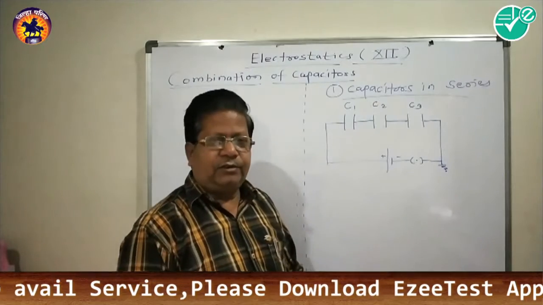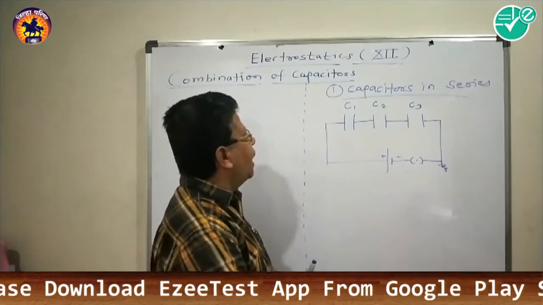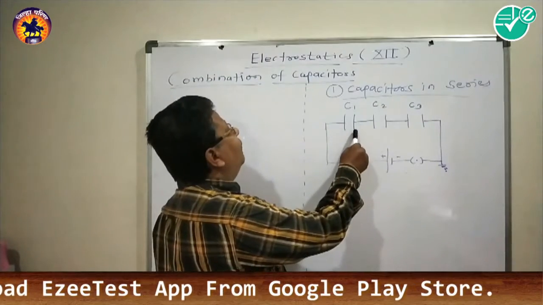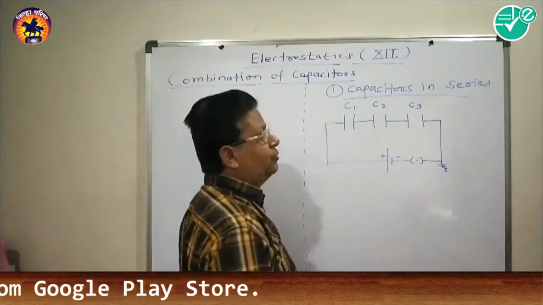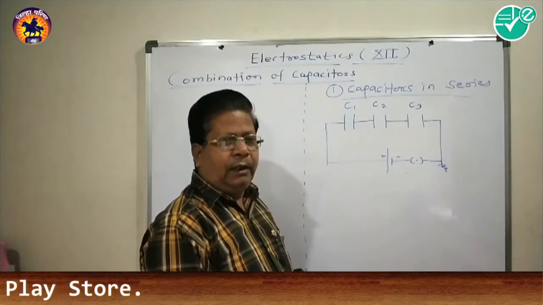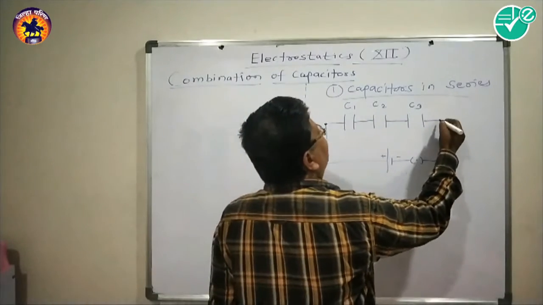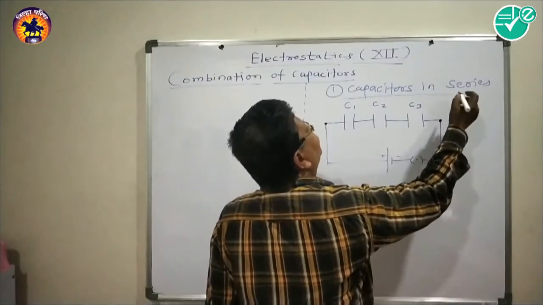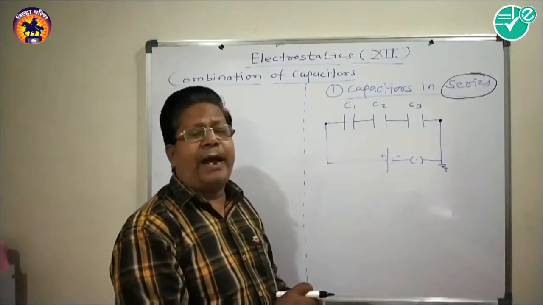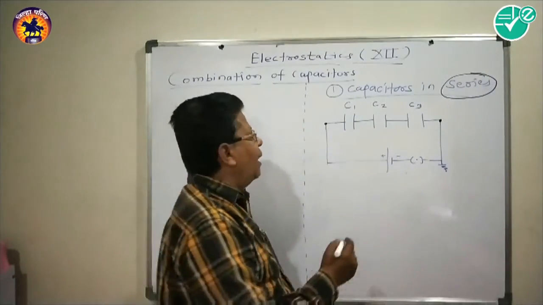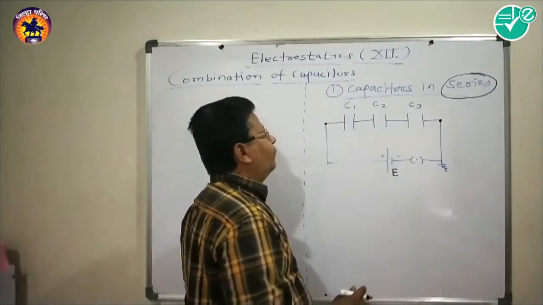In this case, when a number of capacitors are connected one after the other in the form of a continuous chain, and this combination, called the series combination, is connected to a battery having EMF E, then